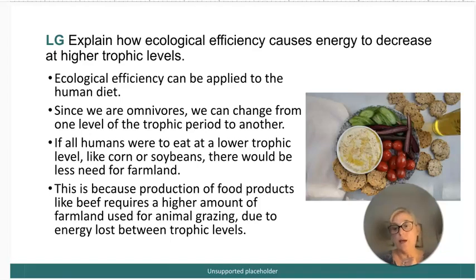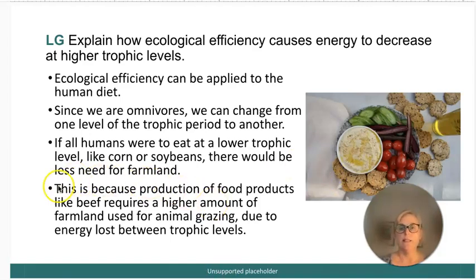eat, well, when that pig eats that same amount of producer, that food, then it's going to lose most of that as heat in the pig's body. And so we've lost all that energy that could be eaten by humans. So it's much more ecologically efficient and better environmentally to eat at a lower trophic level as much as you can. Now, people who are vegans are going to eat entirely at a lower trophic level.